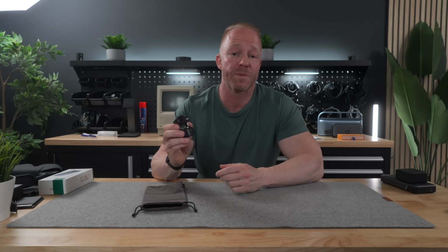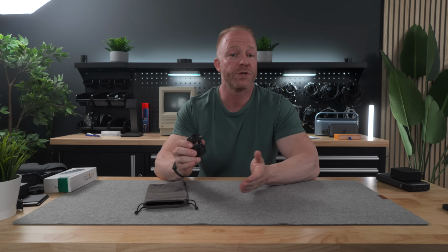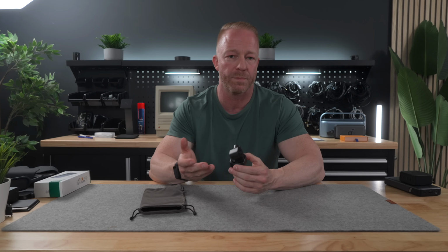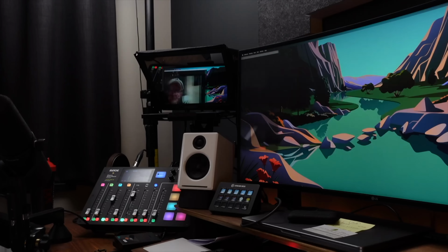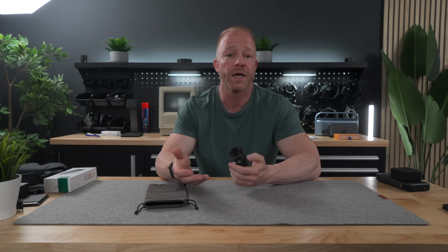In fact, the Obsbot Tiny 2 has completely replaced my mirrorless camera setup that I used to have set up for my business meetings. You know, this is 2024, and you really can't get away with crappy video quality on business calls anymore. So for the longest time, I had this whole rig set up with a mirrorless camera, a teleprompter, the whole shebang. Needless to say that not only is that a very expensive setup, it also takes up